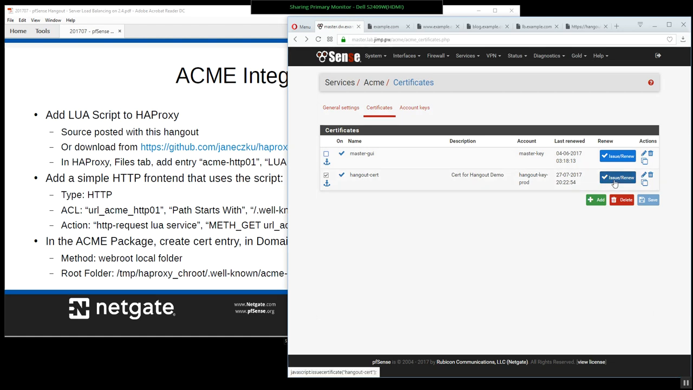Now what happens then, the ACME package will make a request to Let's Encrypt. Let's Encrypt will make the request back to verify. It'll hit HAProxy, hit that Lua service, pick up the files from the ACME package, verify everything, come back the other way, and issue your certificate, which will then get dropped into the certificate manager and then get picked up by HAProxy. So a lot of automation there, and you will want to, over here on the General Settings tab,